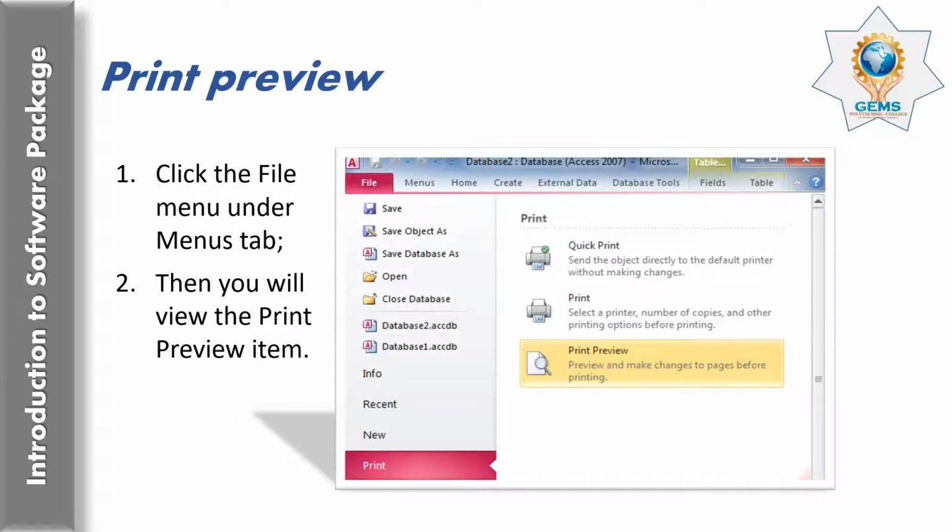So how do you view print preview? You can go to the File menu, and under it you will find the Print Preview item. Click it to preview and make changes to the pages before printing.